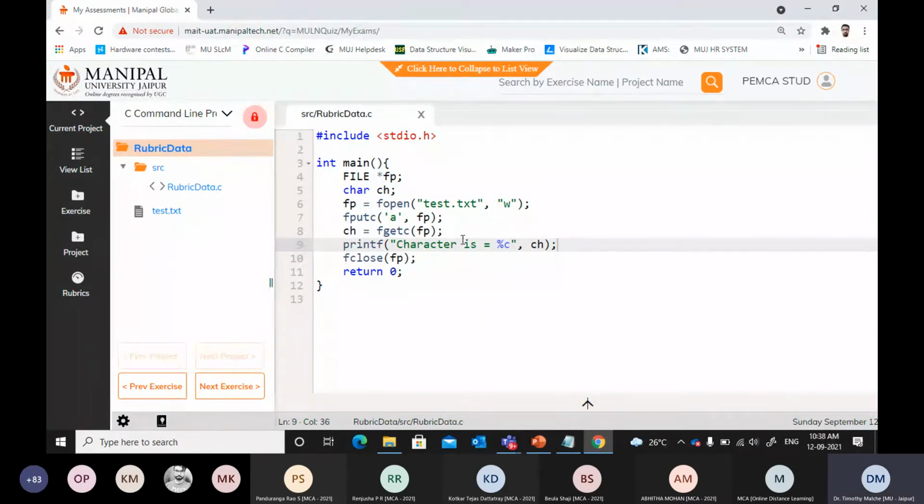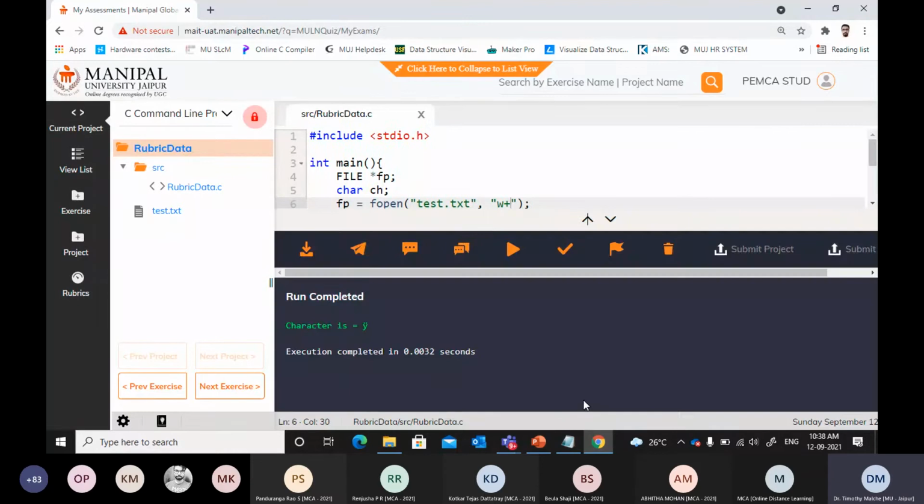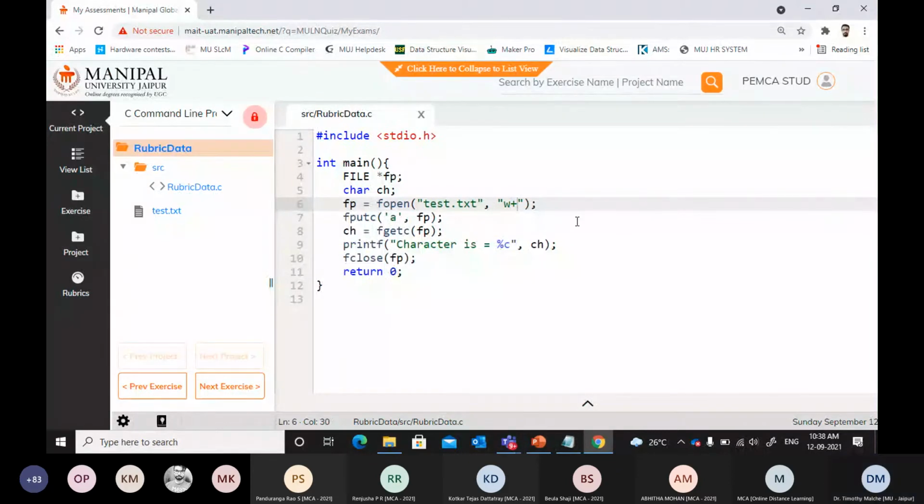Okay, so the problem is because we have opened the file in writing mode, so it will not read. So in order to do that, what we can do is put w+. So now our file could be open for both the reading and the writing purpose. Otherwise, you can do the operation separately as well. It is not working, so maybe